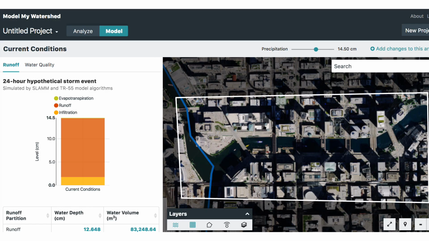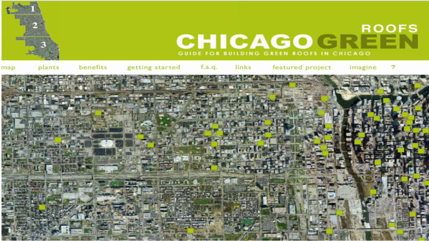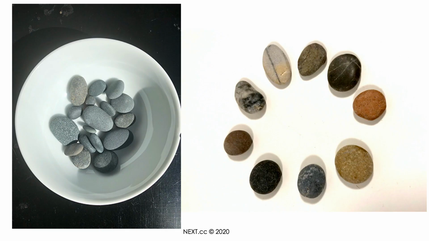And then you can use resources like Next's Water Journeys to see Wiki Watershed and see exactly what type of development is in an area, and what that does to the natural water cycle of evapotranspiration, runoff, or infiltration. And we can actually simulate different opportunities to take the ground at the base of the building when a building is built and bring it up to the rooftop as a green roof to increase habitat, stormwater management, reduce the heat island effect, and to help restore a building in balance with the nature that it was built upon. So collect some of those rocks, igneous, sedimentary, and metamorphic, and splash colors on them, or look at this